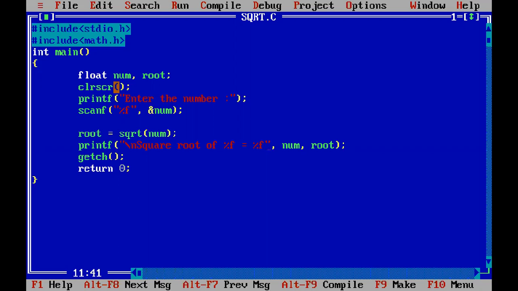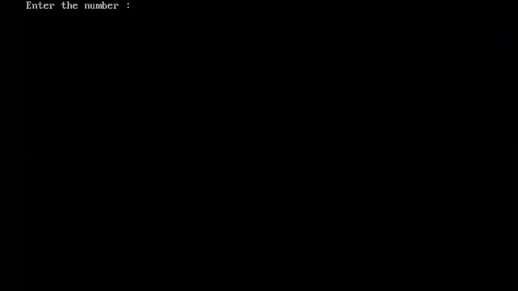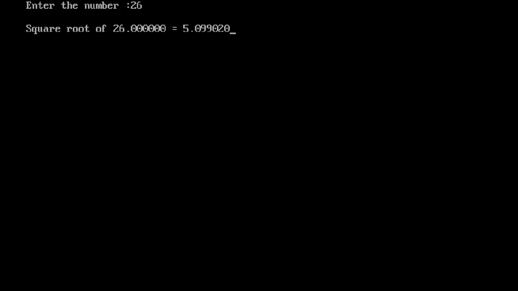Okay, so for that you need two variables, one to store the input value and the second to store the result obtained after calculating the square root. That is why we have taken two variables. Okay, float, why float? Because your number that you take, suppose you have taken 25, the result is 5, but what if you take 26? Suppose let me just show you, suppose you take 26 here, it will definitely be some decimal value. The square root, as you can see, it is some decimal value, it is not a whole number.